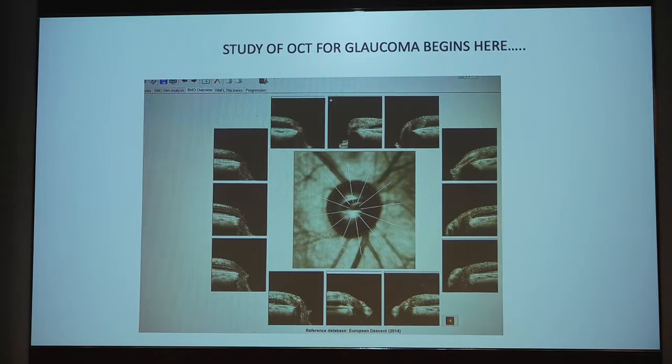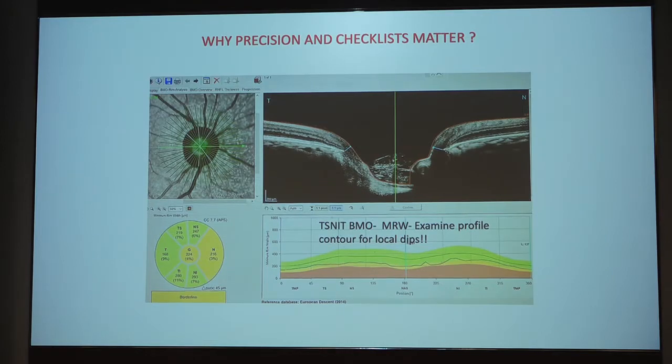So the study of OCT for glaucoma begins here with this image, which is not available with most of the machines and which is not seen by most of the ophthalmology consultants. So when we see the BMO overview, we get the segment-wise view of the Bruch's membrane opening, which we can verify. We verify the segmentation, verify the positioning, and see that everything is in order before we go to the next step. So go to this. Because it is not available in many devices, this image is not seen in any of the printouts which are described in common lectures. Now, why precision and checklists matter is very important, because